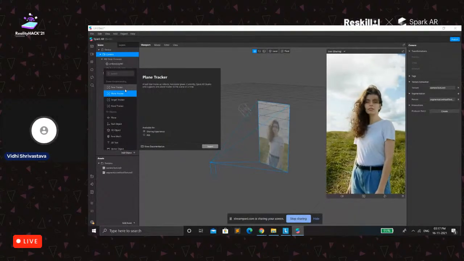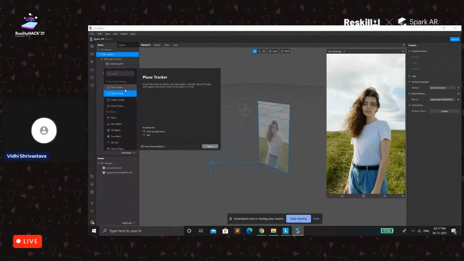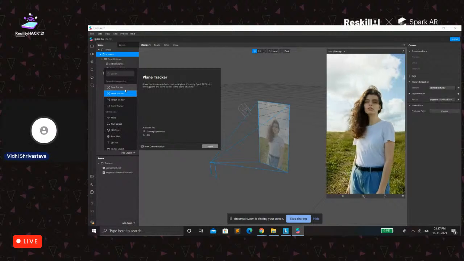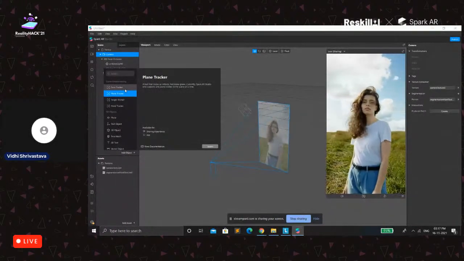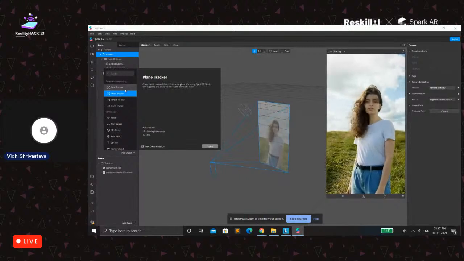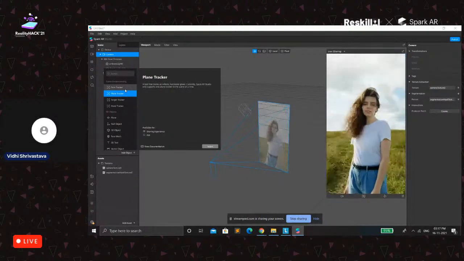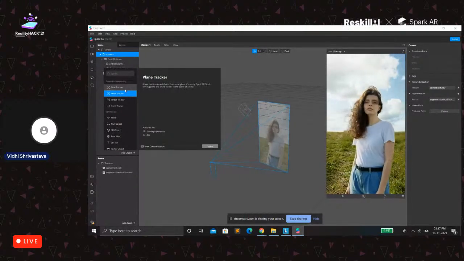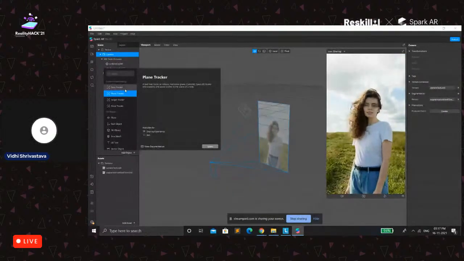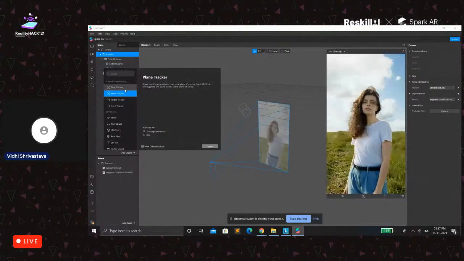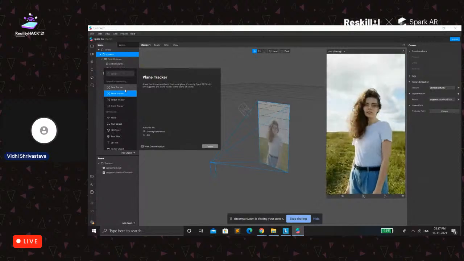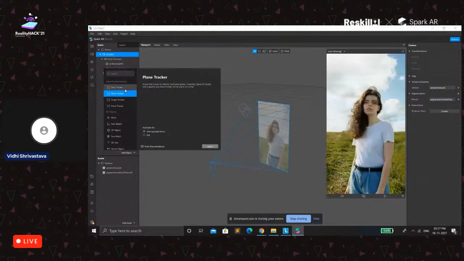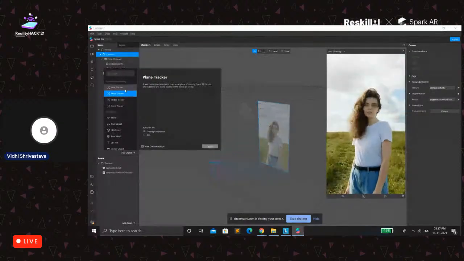We have a plane tracker, which is basically going to track the horizontal plane. For example, if I have made an Iron Man and I want to keep it in the middle of my home, we will be using the plane tracker. Or if there is a big home and we have made a dog or a cat as 3D objects, and we want those objects to be interactive towards the real world, we could go with the plane tracker.